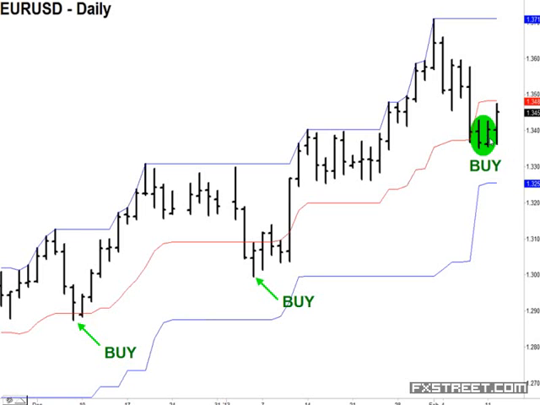And the euro is starting to go up. It's not going straight up, but it is higher than where you would have purchased using any one of these techniques. So this is a pretty current, recent chart of the euro dollar on a daily time frame. What about if we look at a 60-minute chart?